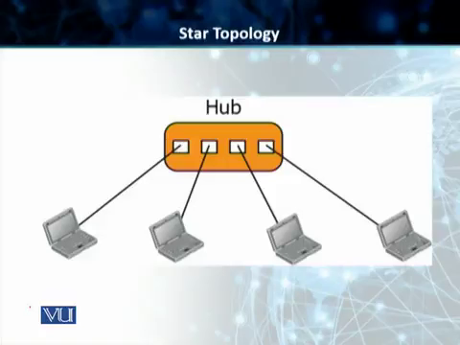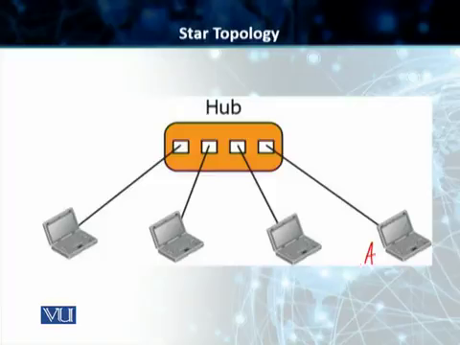Now students, mesh topology में आपने देखा था कि हर डिवाइस एक दूसरे से डायरेक्ट लिंक के जरिए कनेक्टेड थी. स्टूडेंट्स, in this particular case, that is not the scenario. Star topology में the hub plays the role of a central exchange. The two devices or whatever number of devices that are connected in a star topology, they do not talk to each other directly. Every single device talks to the hub,